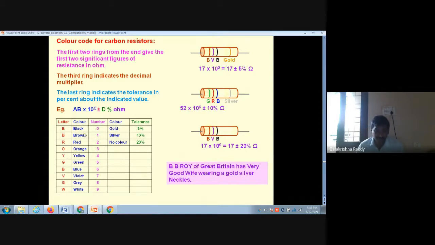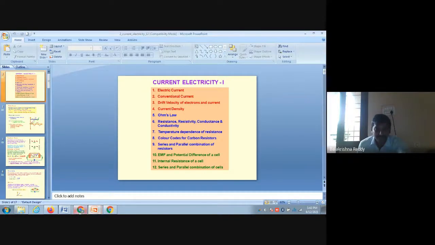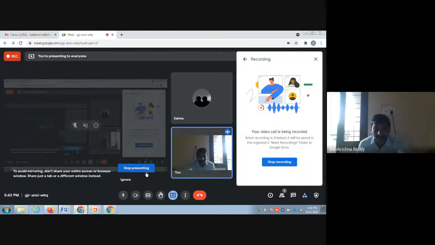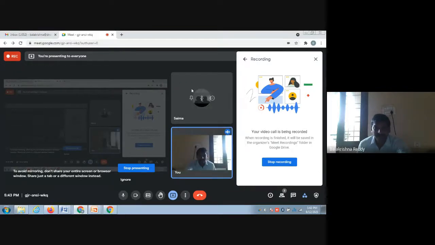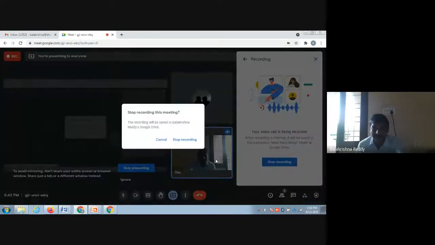If you remember this, then we can remember the values. The values are already in order: 0, 1, 2, 3, 4, 5, 6, 7, 8, 9. But after gold, only this is different: 5, 10, 20%. This is all about the color coding of resistors. If you are thinking about this color coding, whenever an external examiner comes to the laboratory for the practical exam, in such cases we can easily